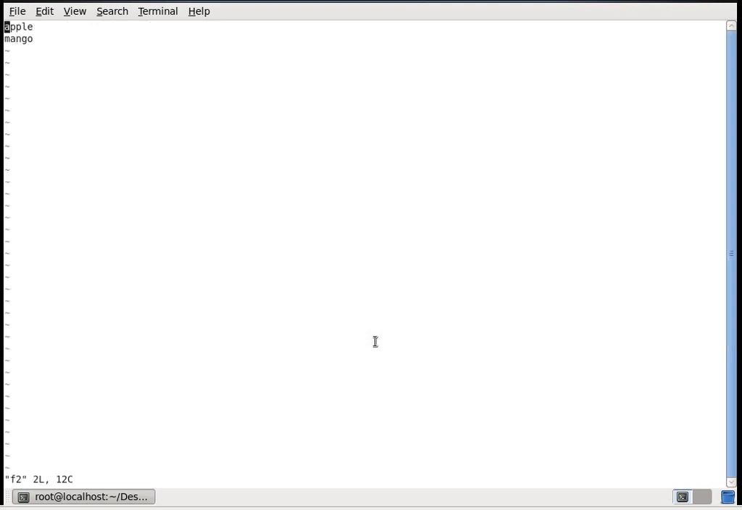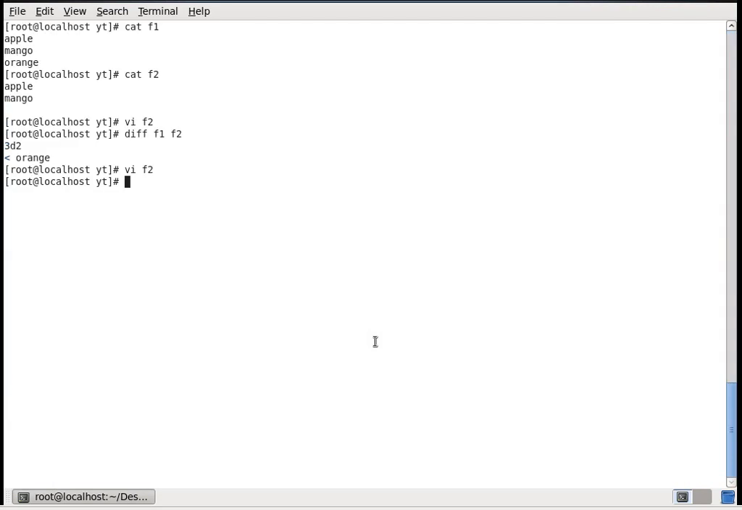Let me edit the second file for a minute. Let me add papaya. Okay, so let's run the diff command again, f1 f2. Here now you can see the less than symbol and the greater than symbol, and as I said earlier, it shows how to change the first file into the second file. So when you see the output 3c3 and less than orange, three dashes and greater than papaya,